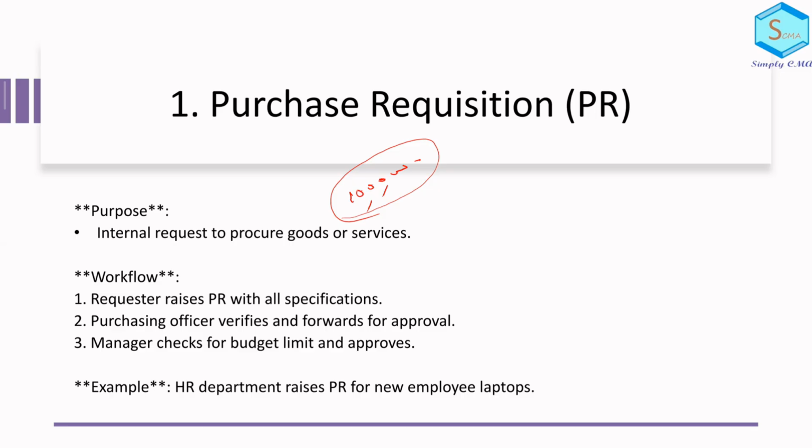So that is called budget limit and approval. If that department is given a budget of only 9 lakhs, then they cannot raise a PR, that is purchase requisition, of 10 lakhs. So this budgetary control system also helps in controlling these PRs. So the next step is